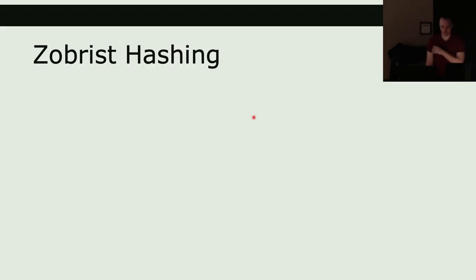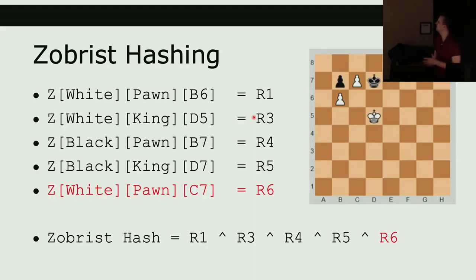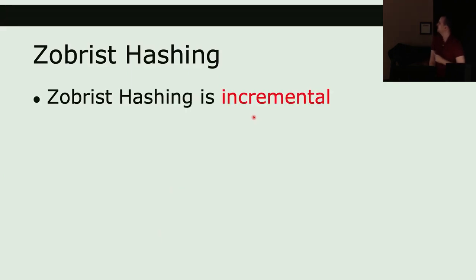Oh, and here's another cool thing. You might think, okay, that's cool, but I have to calculate this hash every time I visit a state to look it up in the transposition table. That's a really slow thing. I'm going to have like 30 pieces on the board. That's 30 XOR operations, 30 lookups into this table. Here's the cool thing. Zobrist hash function